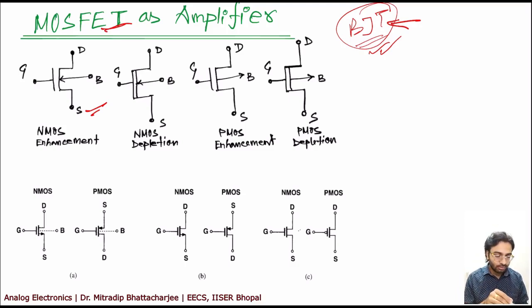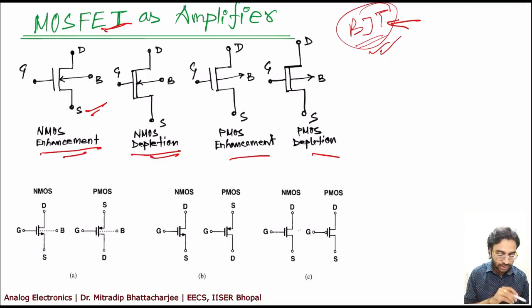Anyways, so in MOSFET, these are the different symbols that you will find in different books or different literature. However, we will use any of those. So generally MOSFETs are of two types. One is enhancement, another one is depletion. And you can also categorize MOSFET in terms of channel, that is NMOS and PMOS. So if you combine, you will find 4 different types.